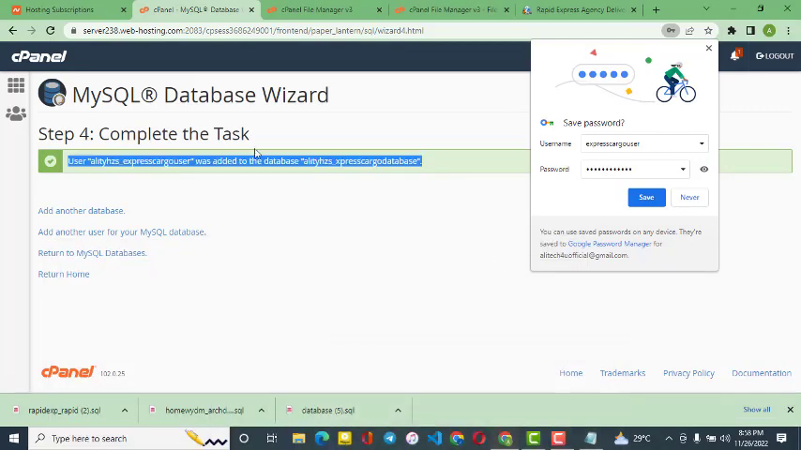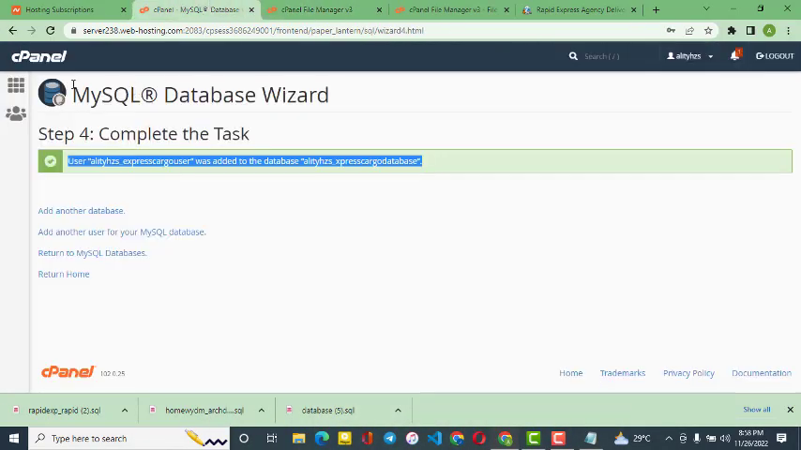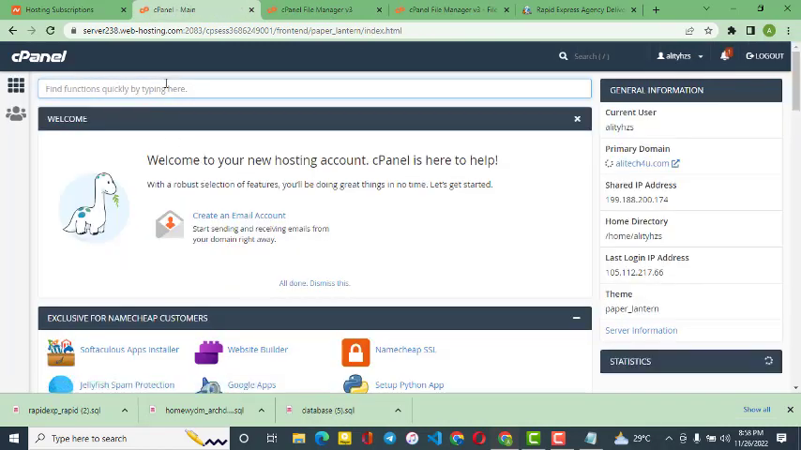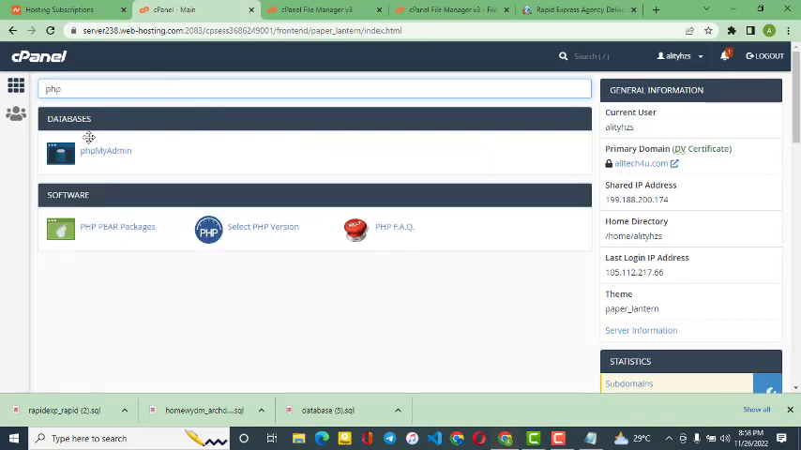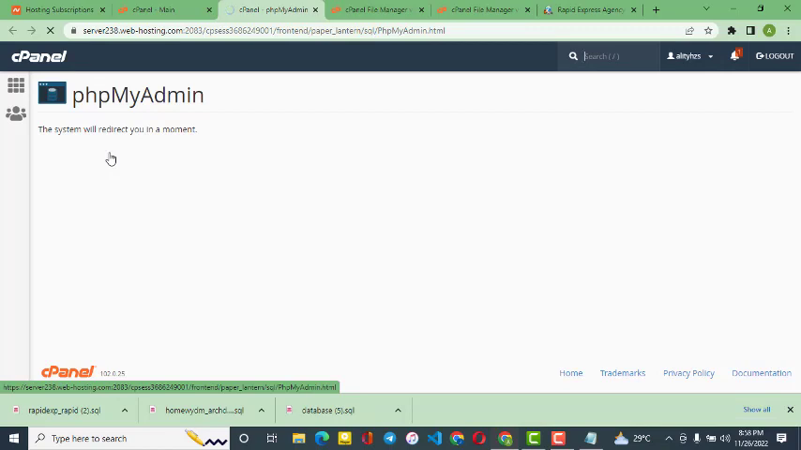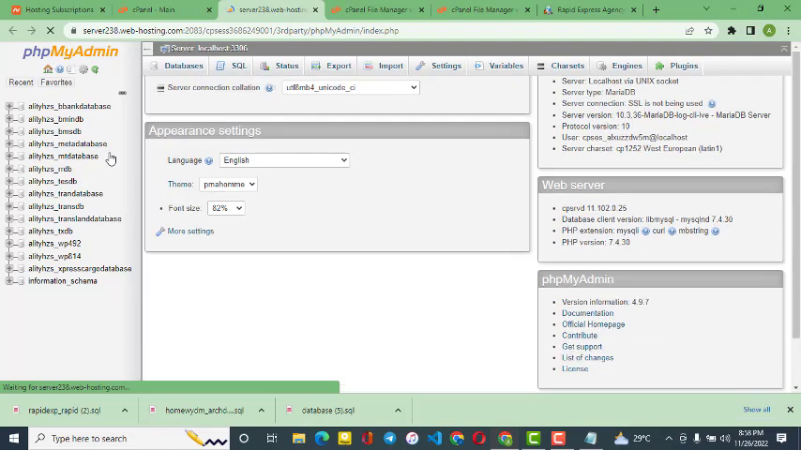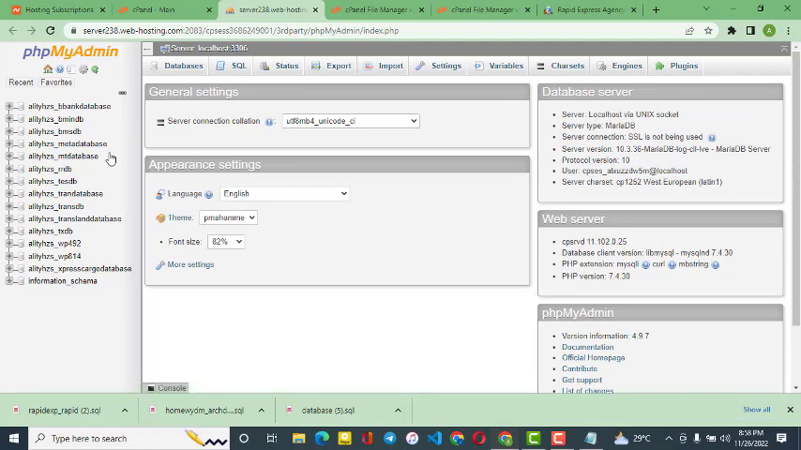So let's continue. Let's go back to our cPanel interface, the main place. Let's type phpMyAdmin. Click on phpMyAdmin. Now on my own phpMyAdmin, you see a lot of databases created. But on yours, if you are creating this site for a client, or this is the only site you are creating in a cPanel,